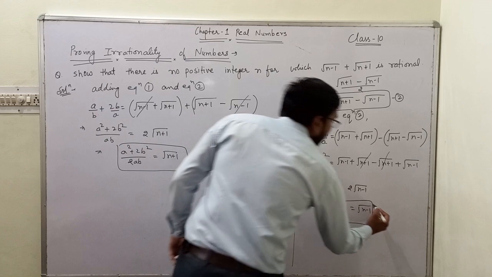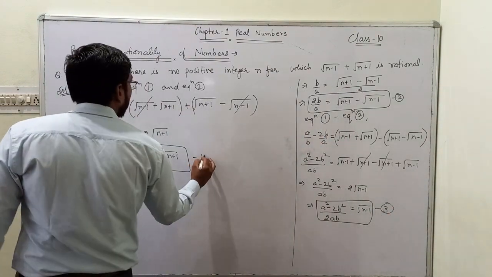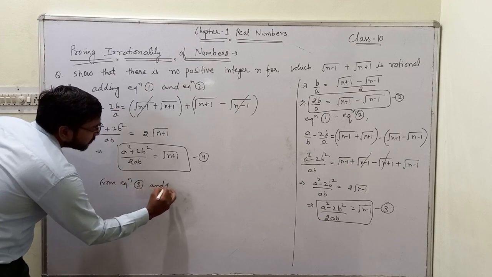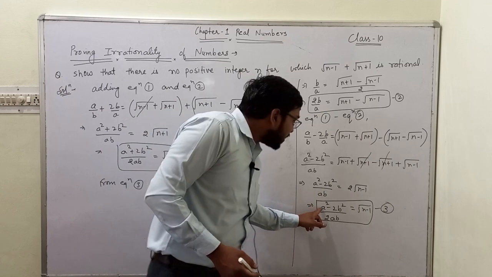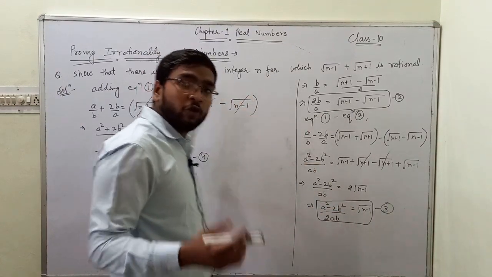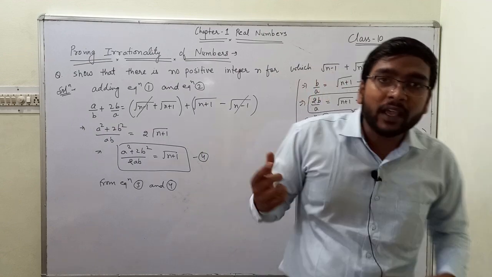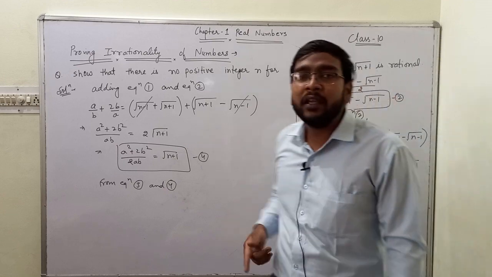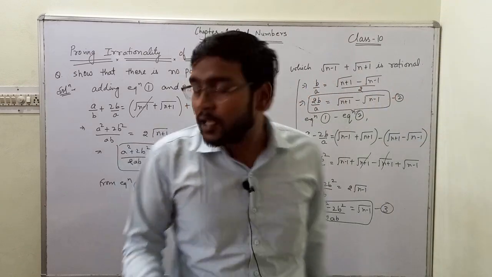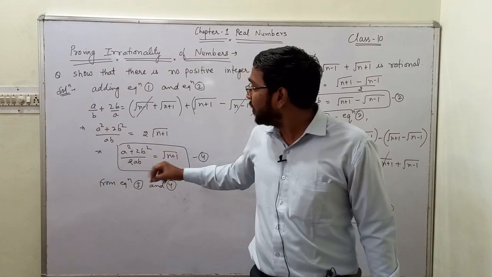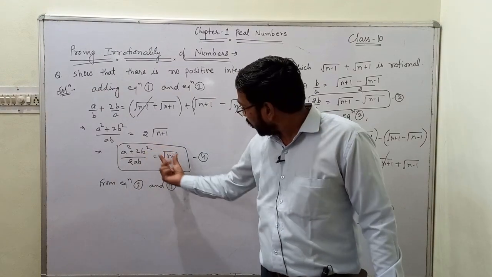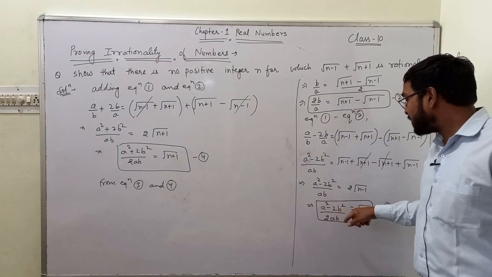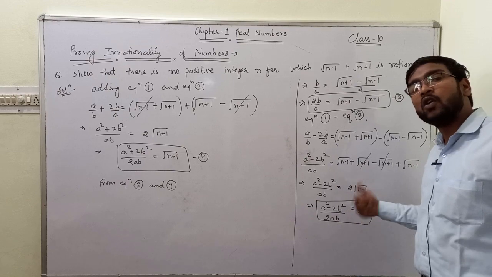Okay, let us assume this is equation number 3 and this is equation number 4. So from equation 3 and 4 we can see that a is an integer, b is an integer, because we assume that a and b are both integers. Okay, I assume this expression is a rational, so it was equals to a upon b, where a and b were both co-prime integers. So if a is integer, b is integer, then this expression will be rational. So root over n plus 1 will be rational. Similarly, here also a is integer, b is integer, so root over n minus 1 is also rational.